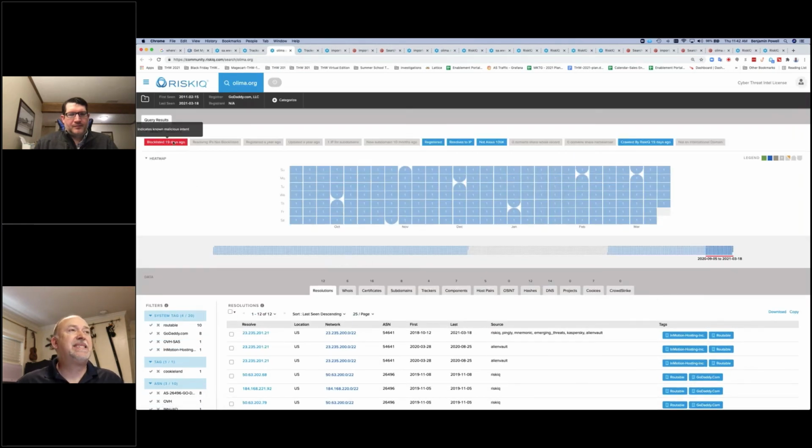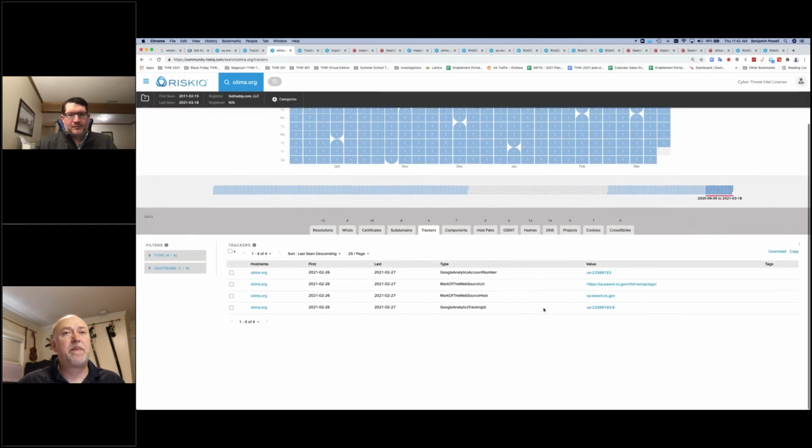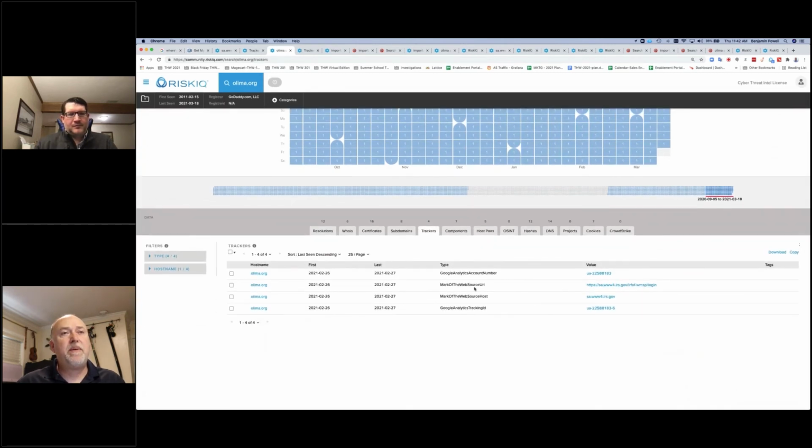So we go, blacklisted 19 days ago. It's been around since 2015 or 2011. So let's look at the trackers underneath here. Mark of the web URL. There it is again. So somebody used IE when they duplicated this, okay? Or something that uses IE to grab the images and build this offline version of the website. So that's another way to find it.